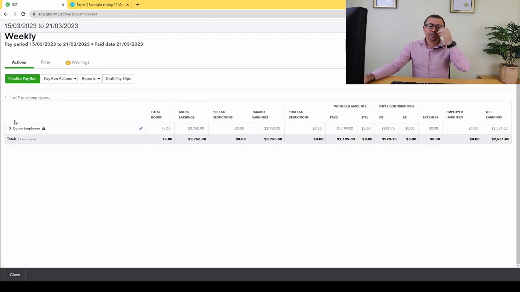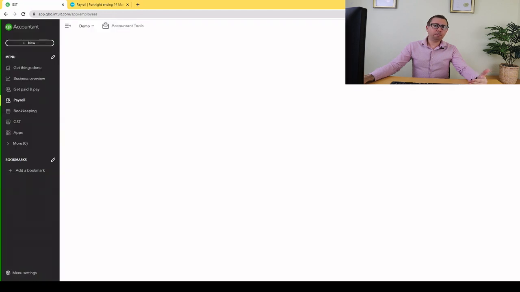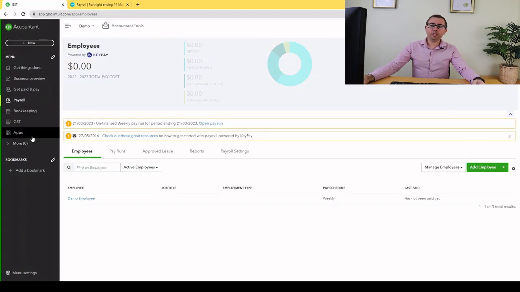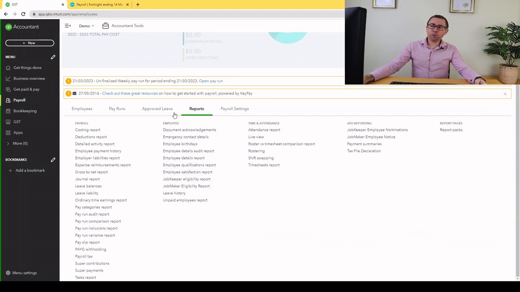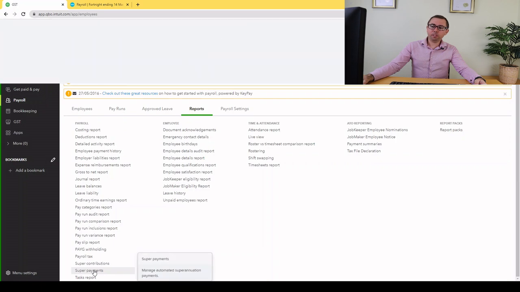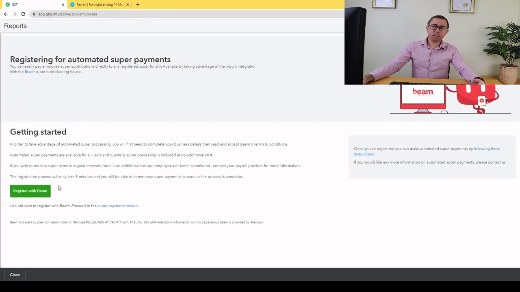Okay, last thing I want to talk about is the superannuation. So every quarter, you'll have to pay super guarantee for your employees. So you can do it through the accounting software. With QuickBooks, you go reports, super payments. It is literally like a 10-second task. This is a demo file, so it's not registered, but